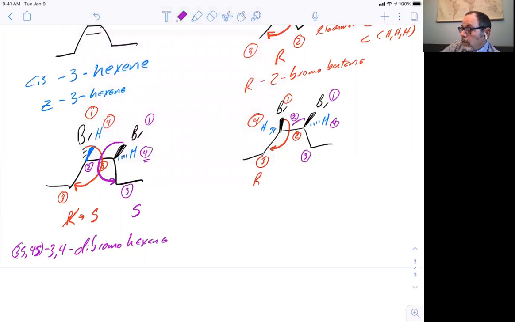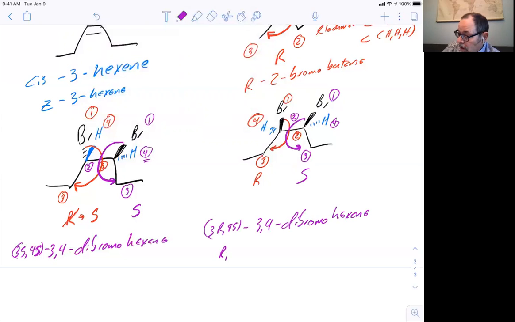When we do this one, that's going in the counterclockwise direction. So that's S. The lowest priority is back. So this one is going to be 3,4-dibromohexane, and then this could be 3R,4S,